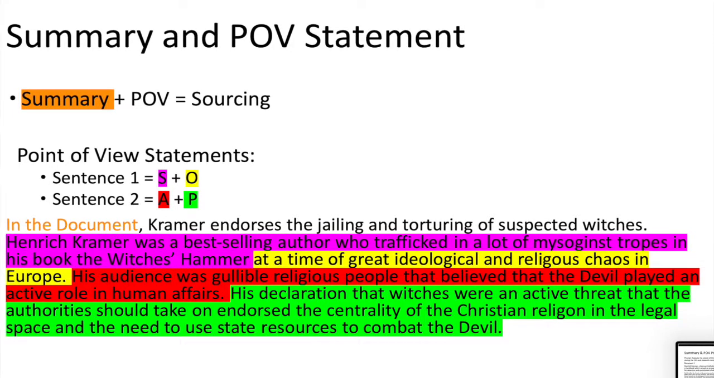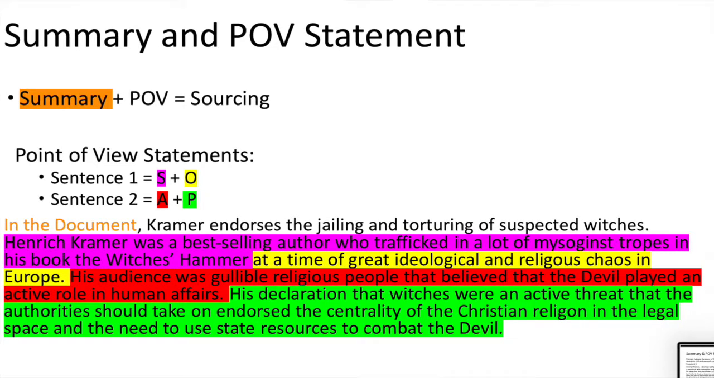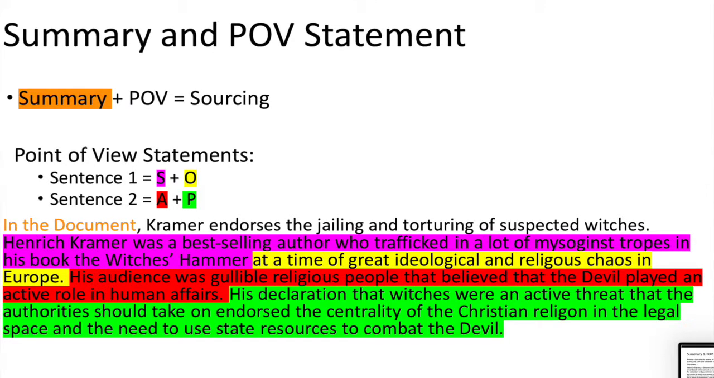And so I also describe his audience was gullible religious people that believed that the devil played an active role in human affairs. So that's an assumption, but it's probably pretty accurate. And then I put his declarations that witches were an active threat that the authorities should take on endorse the centrality of the Christian religion in the legal space and the need to use state resources to combat the